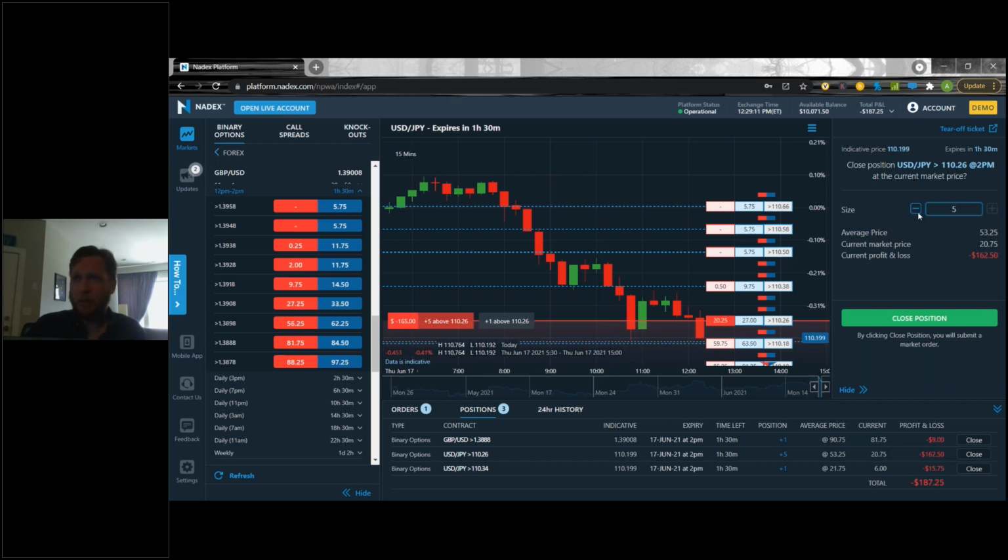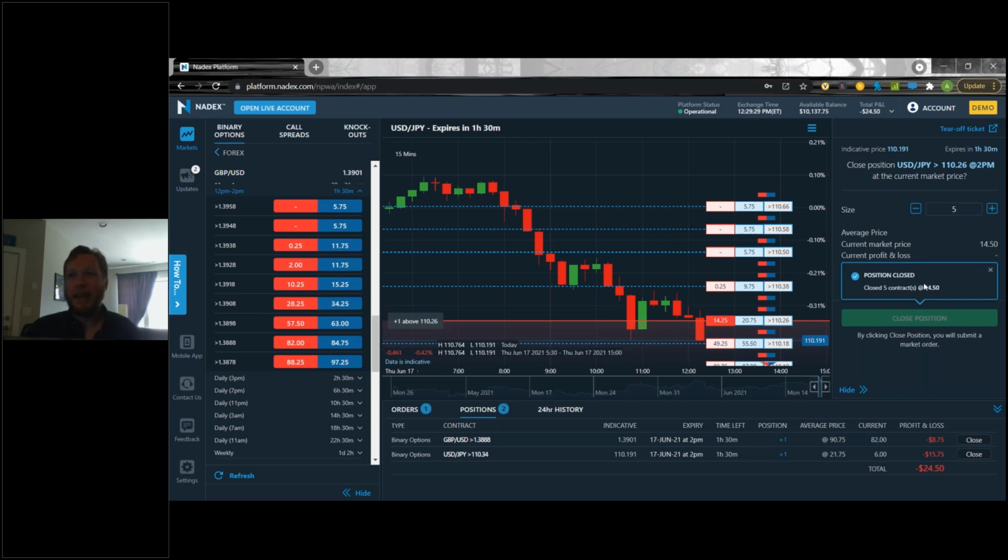And as we can see, I can move up. So it's another easy way if you just want to hit the close button and actually close out. You can see your loss per contract a little bit easier if you go to the 1. So let's get out of all 5 here. Let's say I'm done with this position. I think I made a bad decision. We'll get out of all 5. We'll hit close position, and bing bang boom, we are out of that contract. So hopefully this makes it a little bit easier to exit some of these contracts.